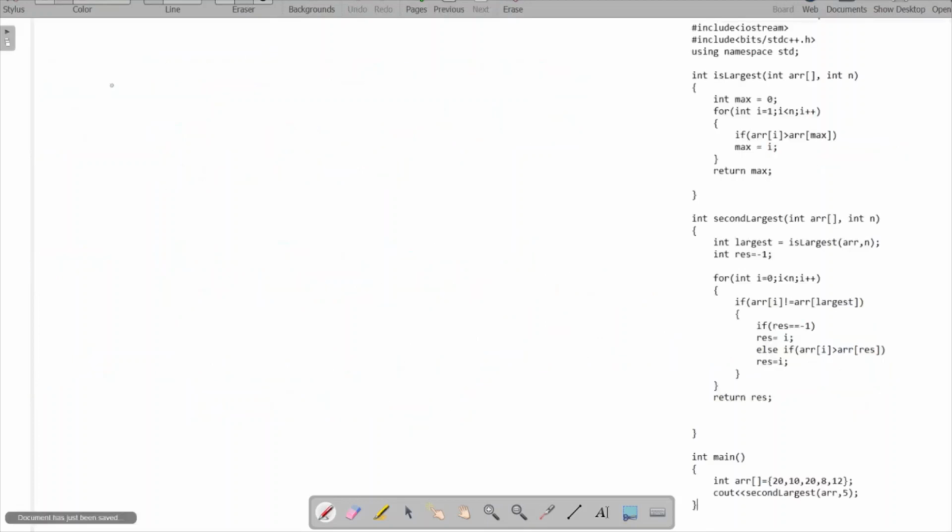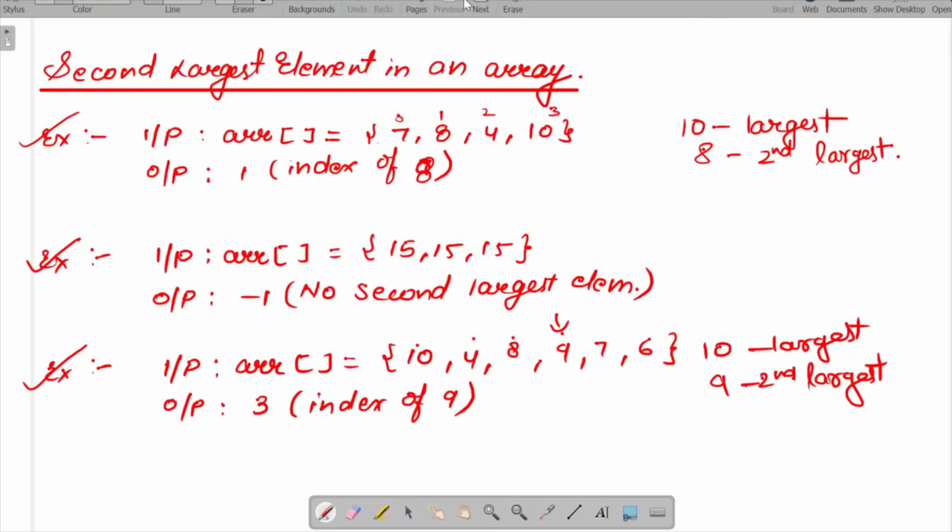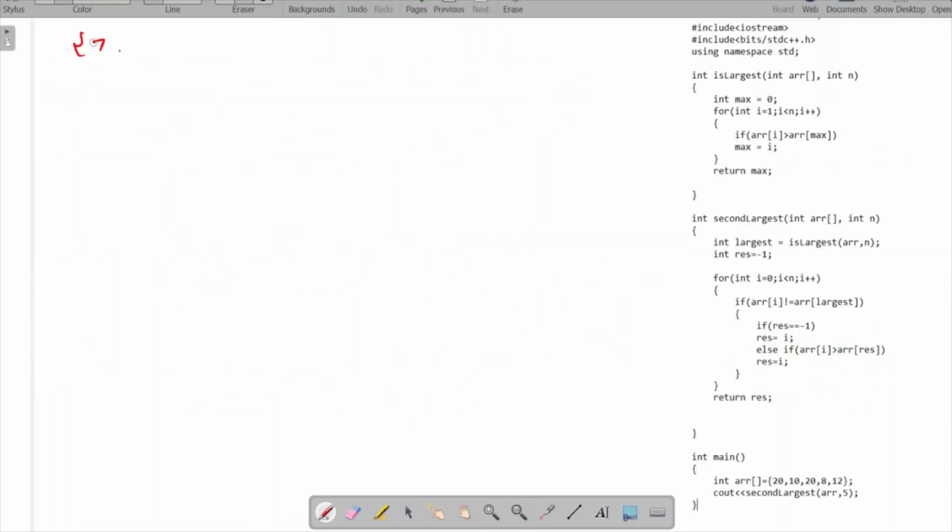First of all, let's take an example and understand through that way. Let's take this example only: 7, 8, 4, 10. So we have an example array 7, 8, 4 and 10. Our basic idea will be to write two functions, one for finding the largest element and another for finding the second largest element. As in the previous video we have seen,